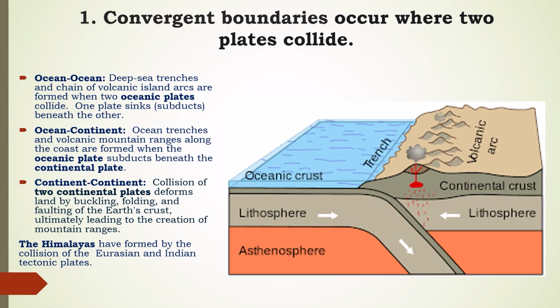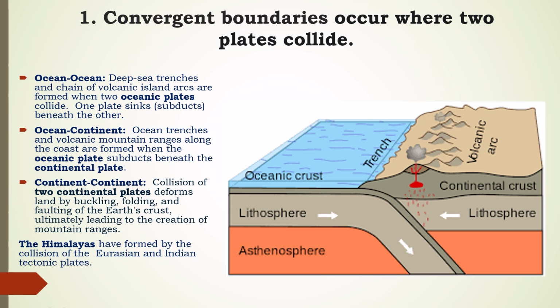Convergent boundaries occur where two plates collide. Ocean to ocean: deep sea trenches and chains of volcanic island arcs are formed when two oceanic plates collide. One plate sinks beneath the other. Ocean to continent: ocean trenches and volcanic mountain ranges along the coast are formed when the oceanic plate subducts beneath the